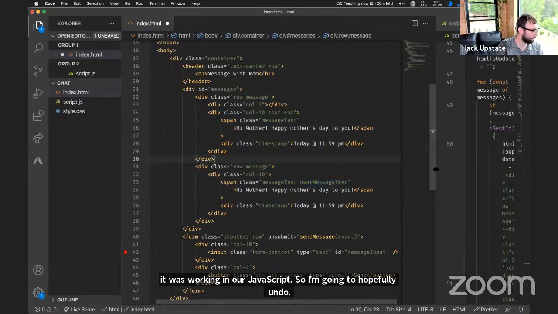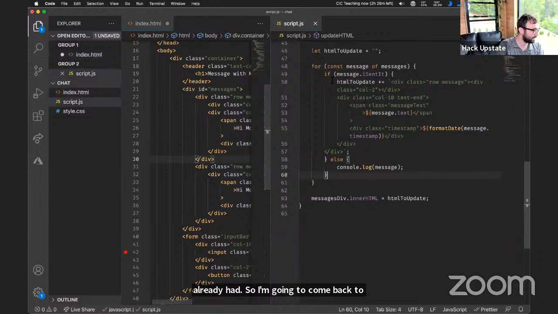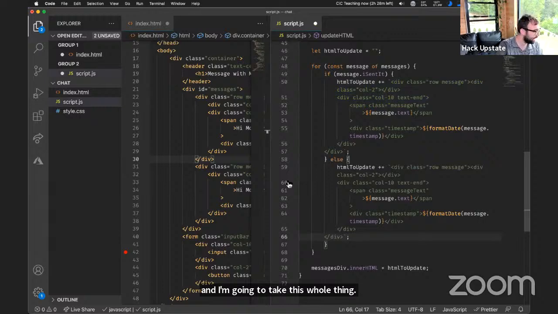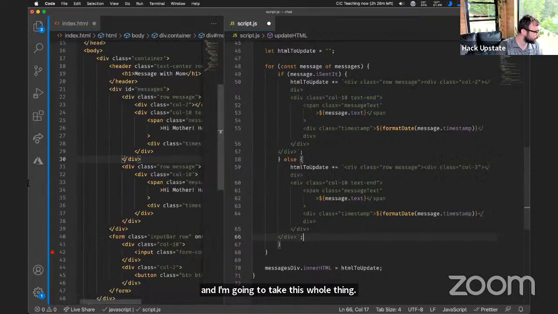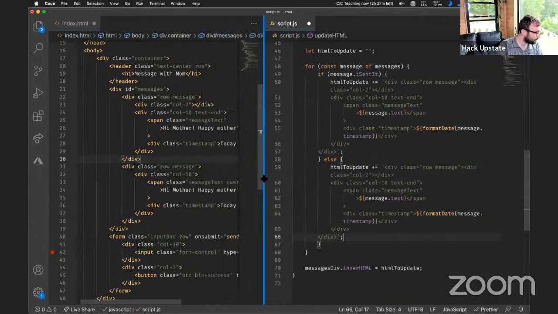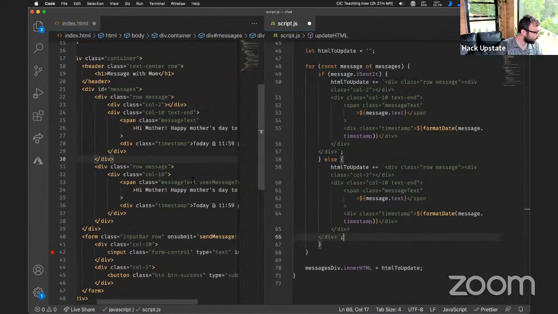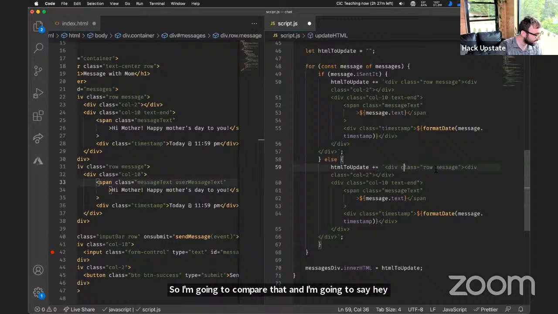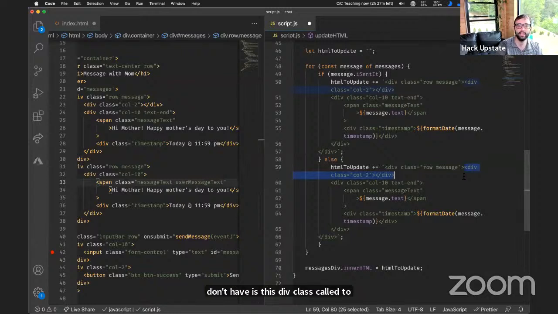So I'm going to come back to my JavaScript, and I'm going to take this whole thing, copy and paste it because it's doing most of the right things. And then I am going to compare it to the HTML that we have working over here with user message text. So I'm going to compare that, and I'm going to say, hey, our div class row message, that is the same. Now, what we don't have is this div class col2 when it's a message that we did not send. So I'm going to